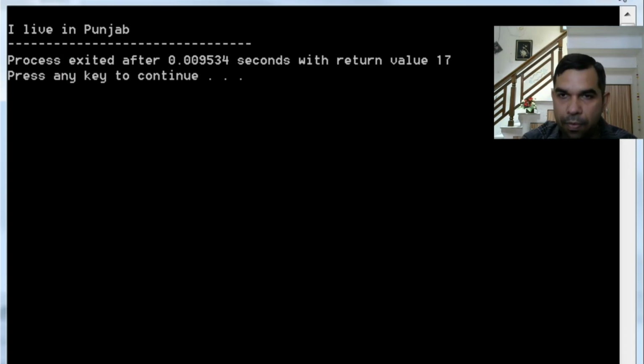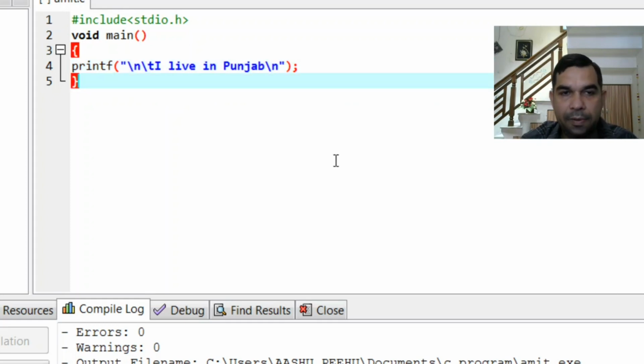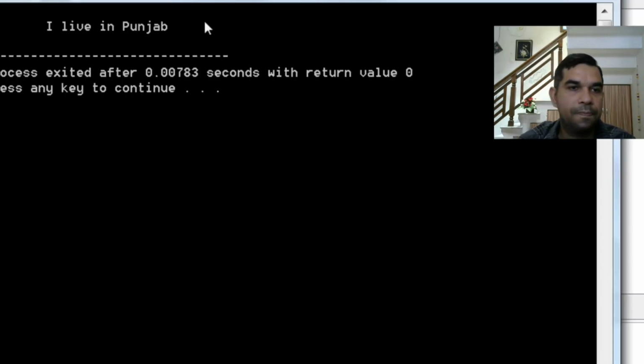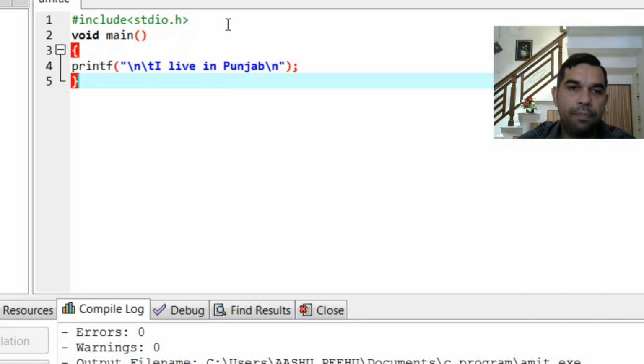Okay, even more things we can add, like we can add a tab here which will shift the statement to the right, and we have some empty space at the start of the line, and we even have one line after as blank. Again we save this, let's compile and execute. And now I think this is a more presentable form. We can easily see the output on our screen. So this is how we can play with the program.